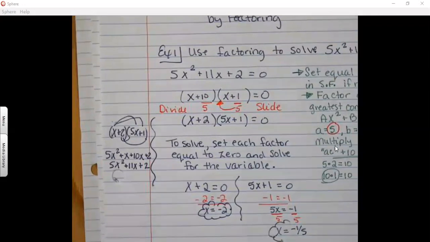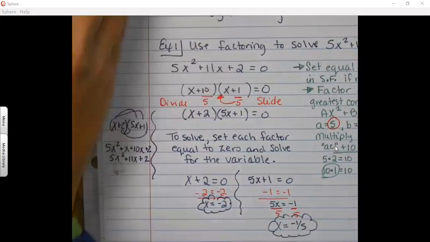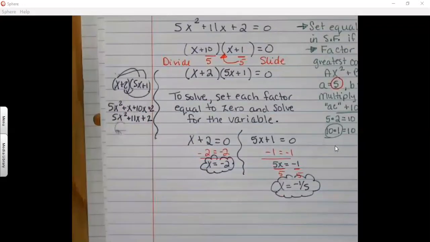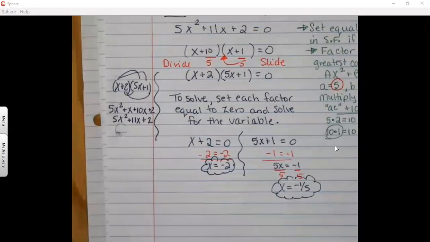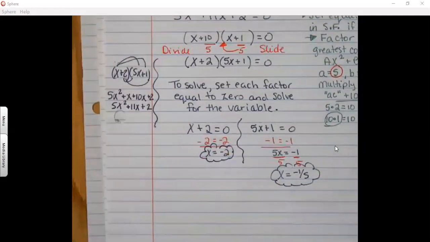All right, so my answer is -2 is one of my solutions, and -1/5 is the other solution. Does anybody know what these solutions would tell me about my graph? No. Quadratics don't have a slope. Any other guesses? What the solutions mean about a graph? What do you mean on -2? Where? Are you saying on the x-axis? Oh, okay, that's correct. These 2 points,